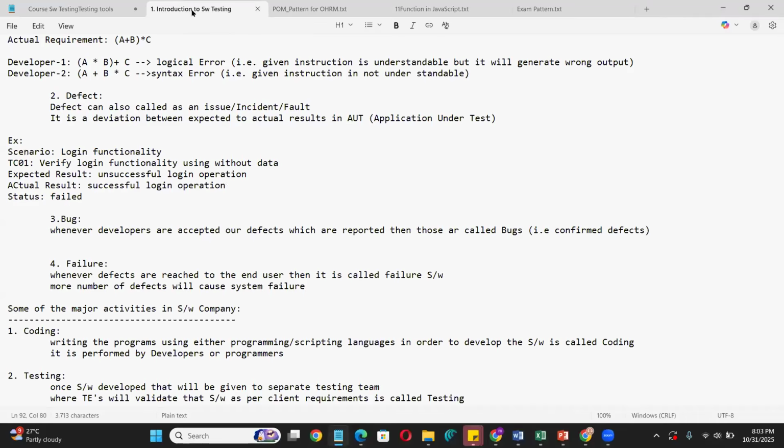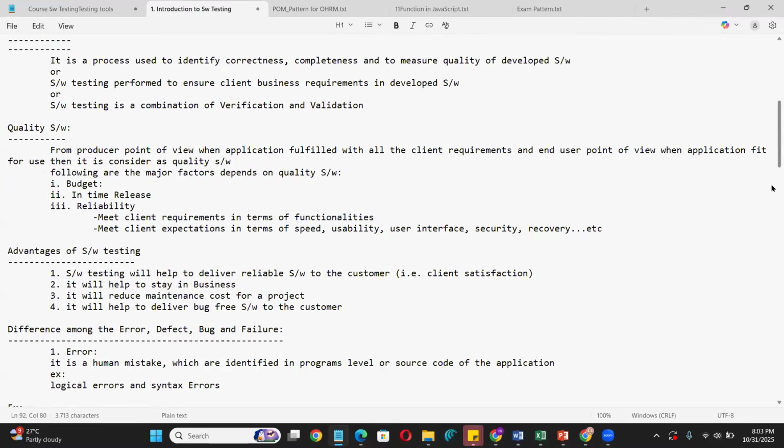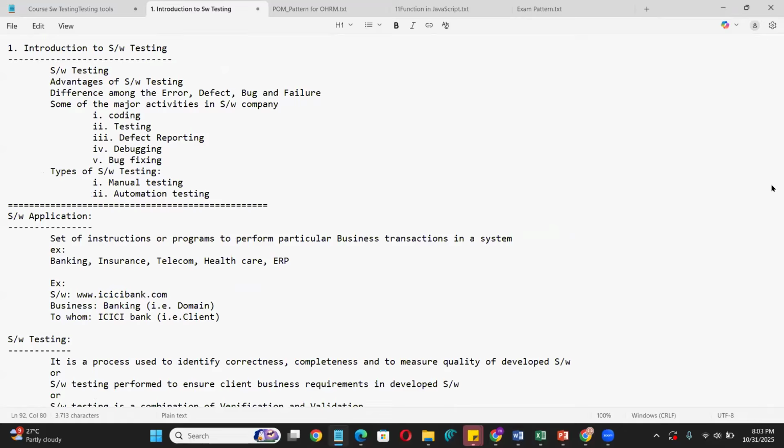Last class we discussed the introduction to software testing. In that introduction, I explained what software testing is, the advantages of software testing, and the difference among error, defect, bug, and failure. We also covered some of the major activities during manual testing, such as coding, testing, defect reporting, debugging, and bug fixing. These are the topics which we discussed in the last class. Now,